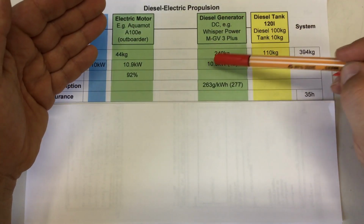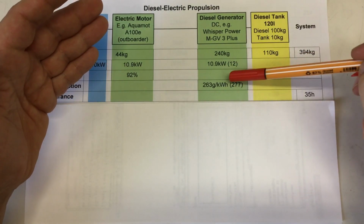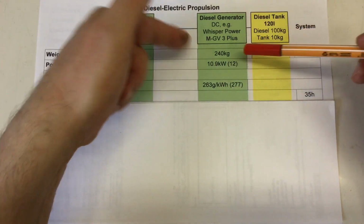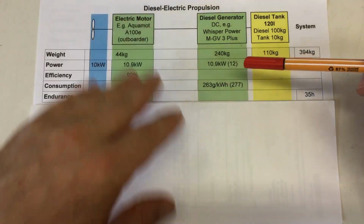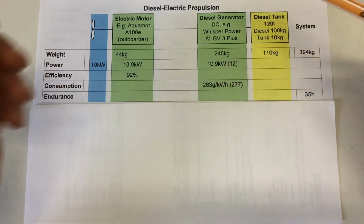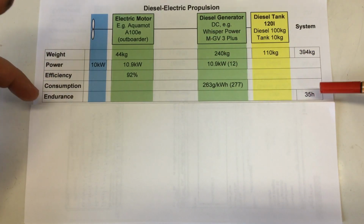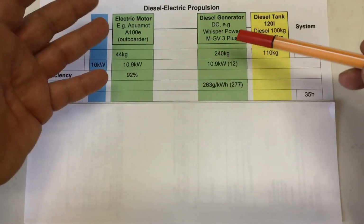I didn't exactly find a 10.9 kilowatt marine diesel generator. And at 12 kilowatts, it consumes 277 grams of diesel fuel per kilowatt hour produced. Since we are only running that at 10.9 kilowatts, our specific fuel consumption is a little bit lower. Remember that specific fuel consumption curve for that Isuzu diesel engine from part 1. I corrected that down here just 5%. That gives us in total an endurance of 35 hours, which is 1 hour more than our pure diesel propulsion